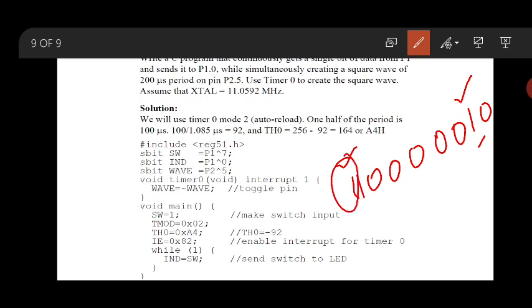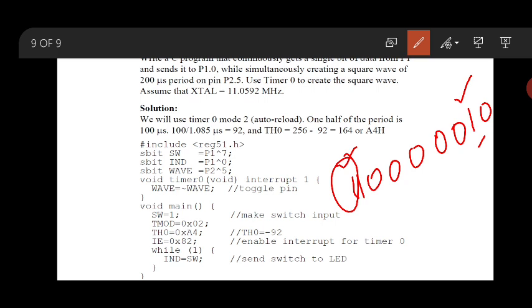Now, while true, assume we send the switch to the LED. Whatever the condition of the switch, it will be sent in the form of an interrupt. If I press something and one operation has happened, it will call the interrupt. Timer 0 will call interrupt 1 and you will get a toggle here.